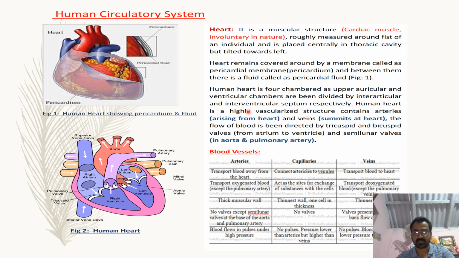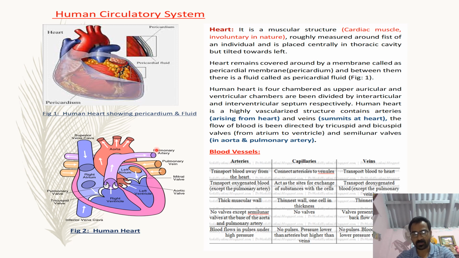The human heart has 4 chambers. All chambers are divided by a septum, which is vertical along their length. The upper part of the heart is the auricular chamber, simply called the atrium, and the lower and larger part of the heart is called the ventricle. The auricle of the heart is divided by the interauricular septum, whereas the ventricle is divided by a vertical lining of septum, which is called the interventricular septum.